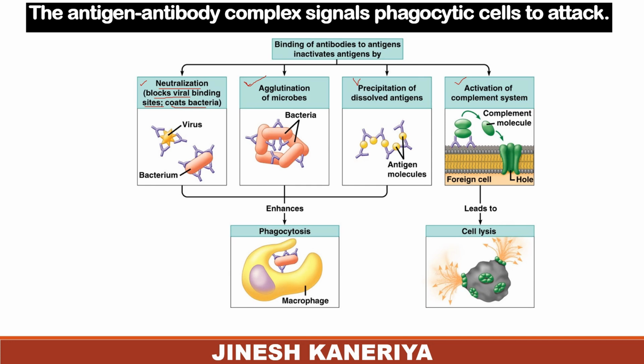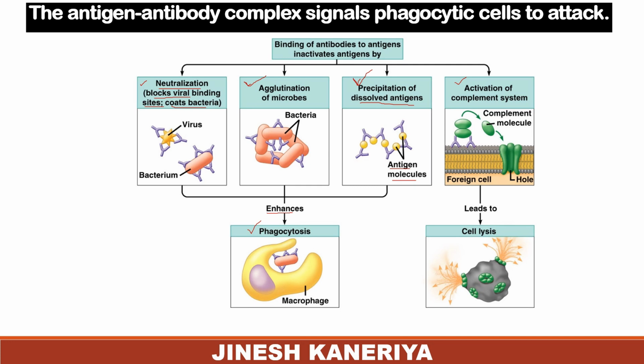The precipitation reaction is carried out with the dissolved form of the antigen, and the antigen molecules interact with a specific kind of antibody and then precipitate out as an antigen antibody complex. These three conditions, neutralization, agglutination and precipitation, can enhance the activity of the phagocytic cell,